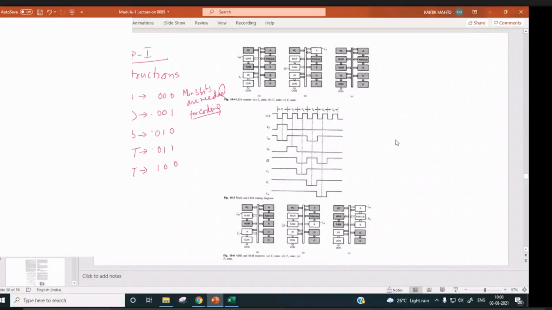But in memory, we can have 8-bit. In one location, we can store 8-bit. So instead of going for 3-bit coding, in SAP1, 4-bit instruction code is taken.